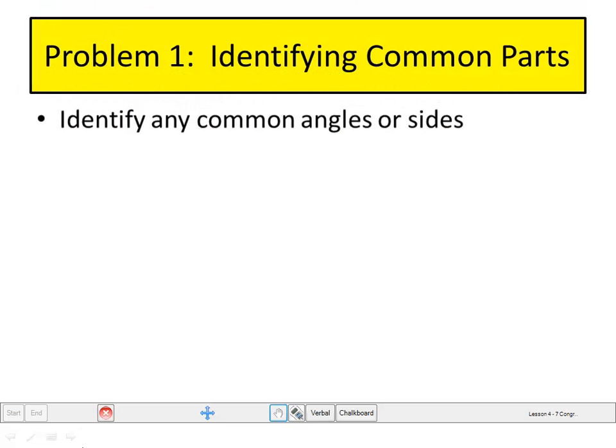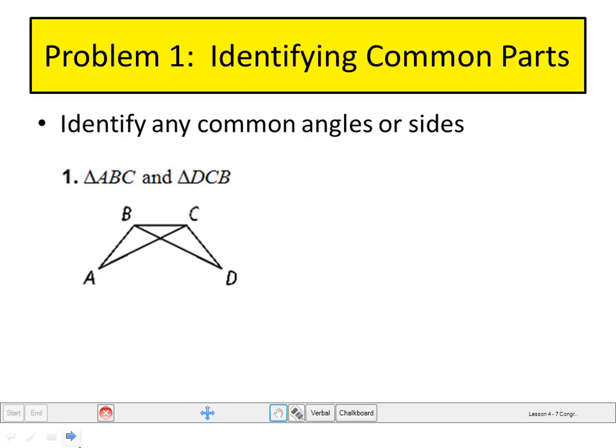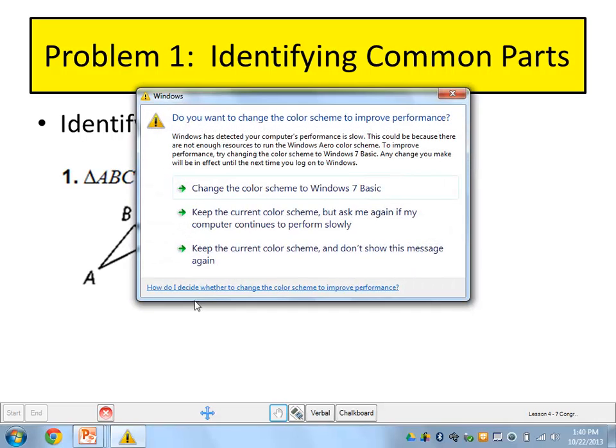The first thing we want you to be able to do is identify the common parts, the angles or sides that they have in common. Okay. So let's take a look at our first example. Triangle ABC and triangle DCB. And we would like to identify all the common angles or sides. So as we said on the first slide, a lot of times it's easiest